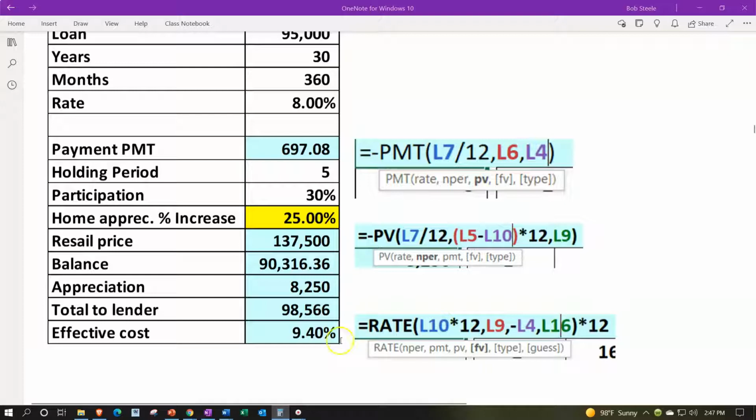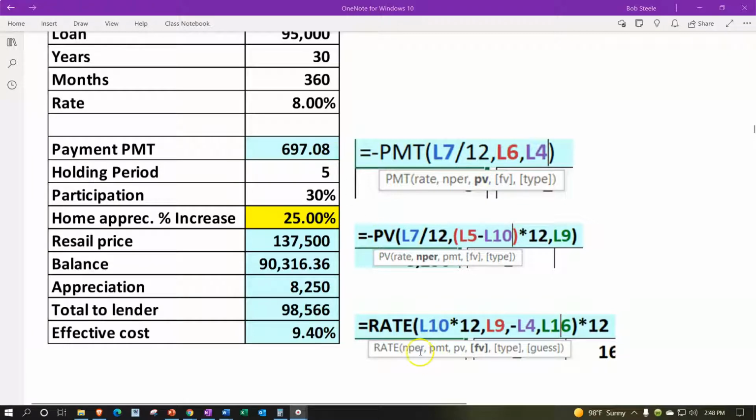So for that, we could use the rate function, or we can use an IRR calculation. We'll take a look at both of those formats here. We could say the rate would be the number of periods. We could think of it in years. I'm sorry, not 30 years, 5 years. We could say 5 years times 12 to get the number of months. So 5 years times 12, comma, the payment would be the